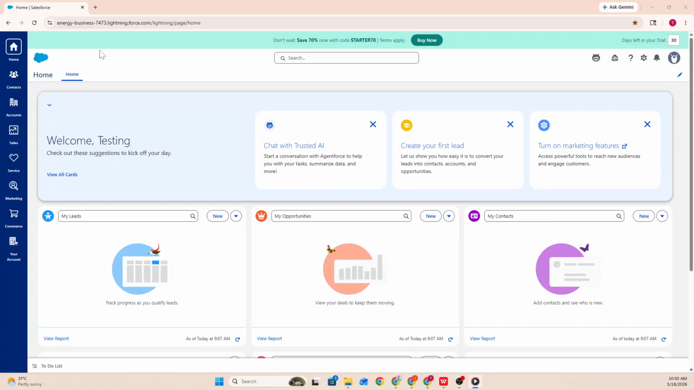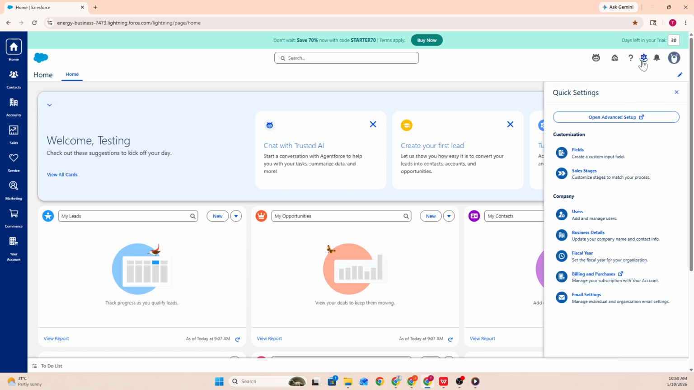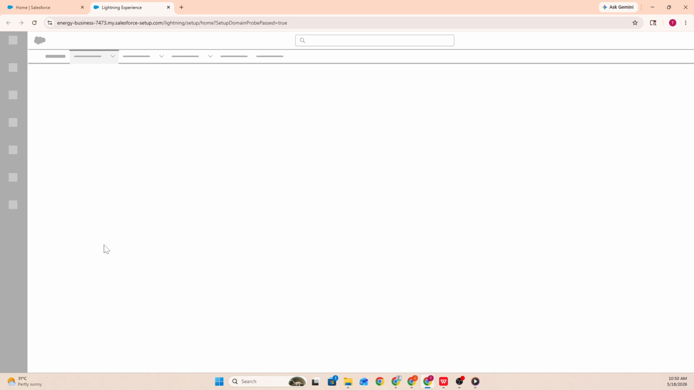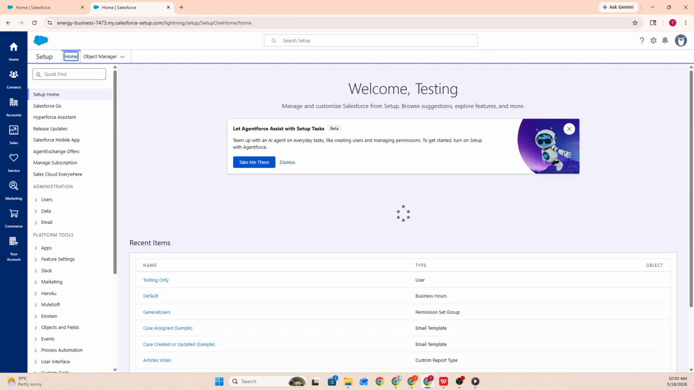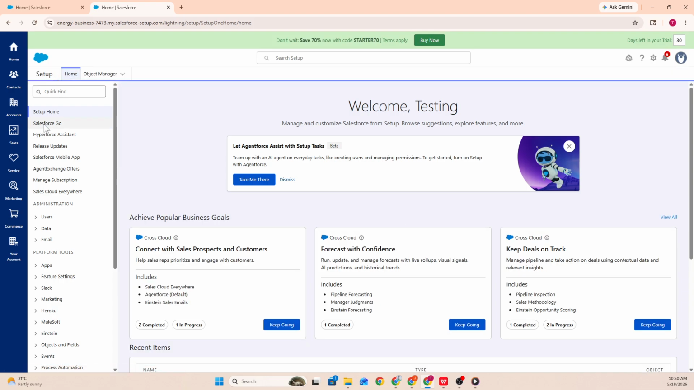In today's video, I will walk you through how to create projects in Salesforce. To begin, access your Salesforce dashboard and move toward the Quick Settings area. Inside the Quick Settings section, locate the option labeled Open Advanced Setup and select it to continue. This will take you into the Setup area where Salesforce allows you to manage objects and configuration settings connected to